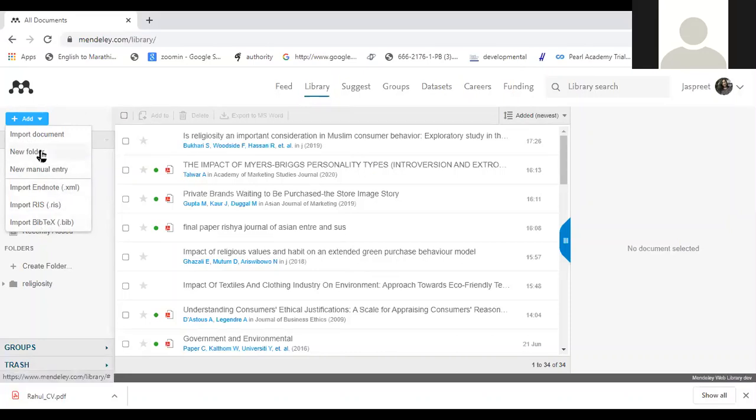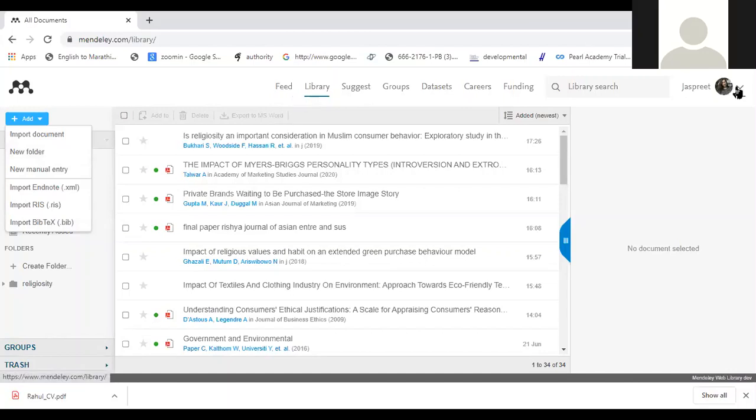Here also, you can make a new folder, but remember, all the activities that you're doing over here, you will have to go to your desktop and press sync. If you don't press sync, all activities done over here will remain on your cloud and not come on the desktop. Now, let me introduce you to the web.